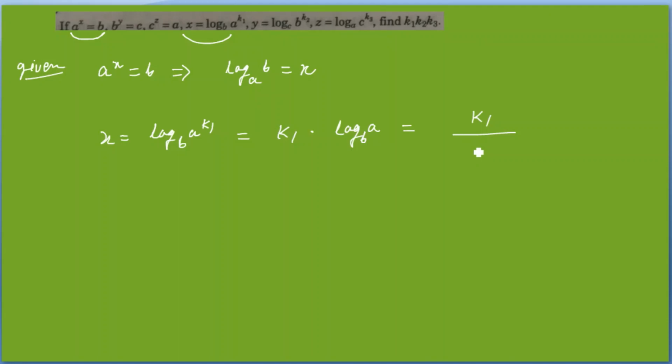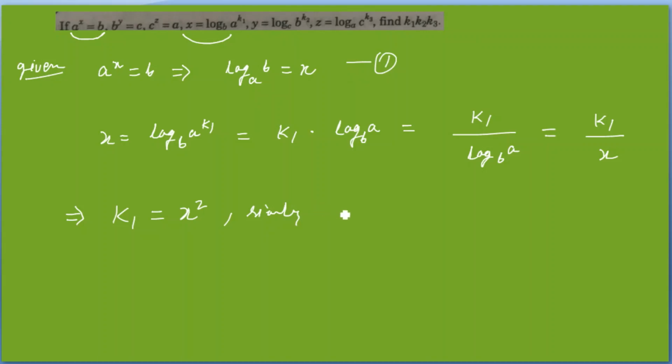Or also we can write k1 by log a, replacing the position of a and b, we can write this one. And from 1 we can see that the log a with base b is x, so it can be written as k1 upon x. And from here we can write k1 equal to x square,